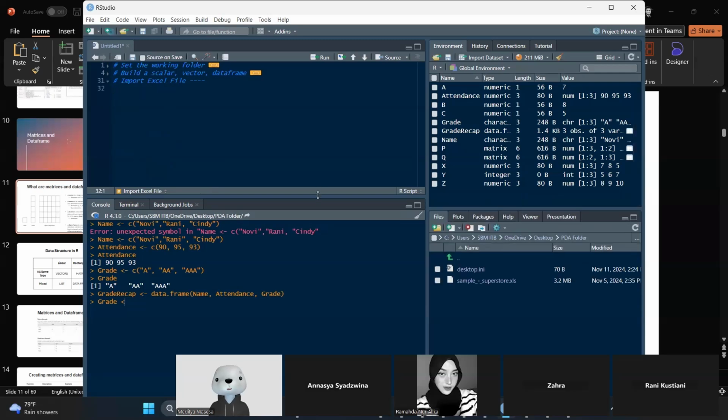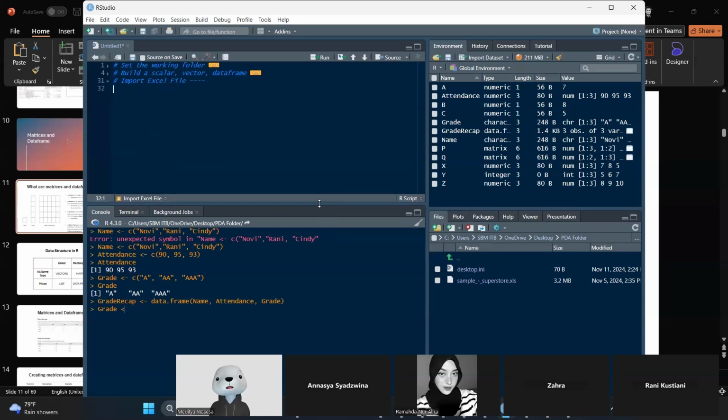Now, how to do it? Actually, we can do it manually, or we can also code it. Let's do the file user interface. First, you go to Import Dataset, here at the environment panel.